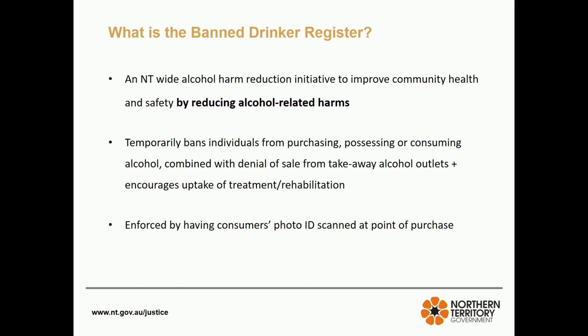purchasing, possessing or consuming alcohol. And this is done by denying their sale from a takeaway outlet. So people who are a banned drinker for the period that they're on the register aren't able to purchase takeaway alcohol. And then also while they're identified as a banned drinker, there's this kind of encouragement that they do uptake treatment and rehabilitation. So it's kind of twofold in that we're reducing the alcohol-related harms, but also improving health and